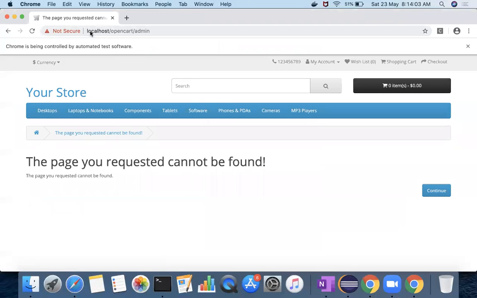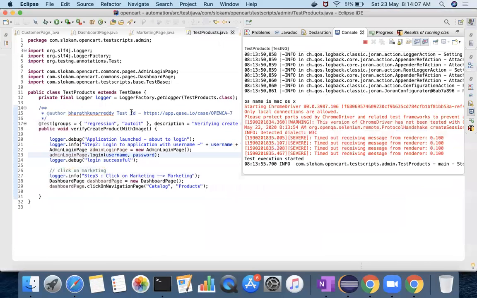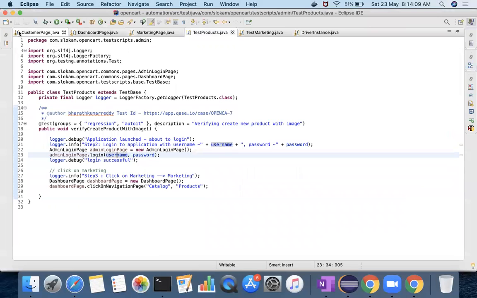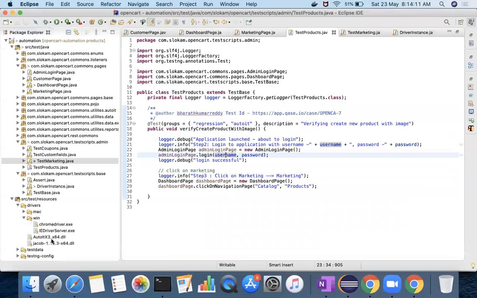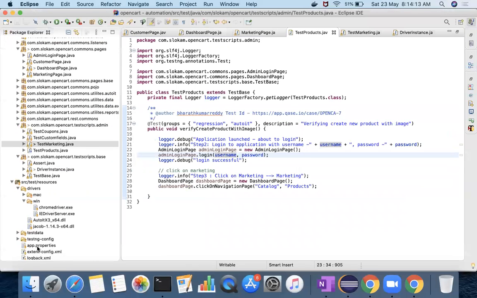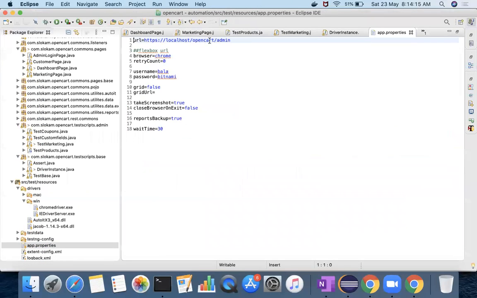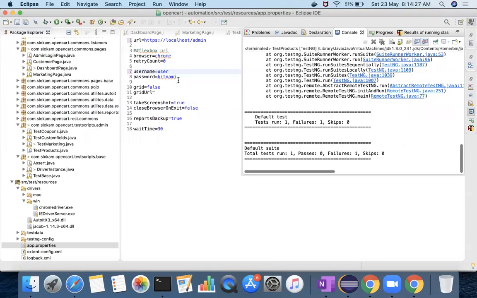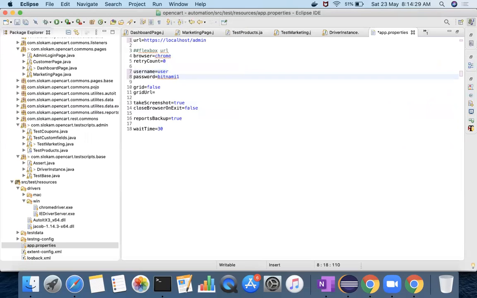Now see what happens. Localhost opencart admin. This is because my application.properties has a different URL, which is not in our case, and then the credentials for the user. Only one.